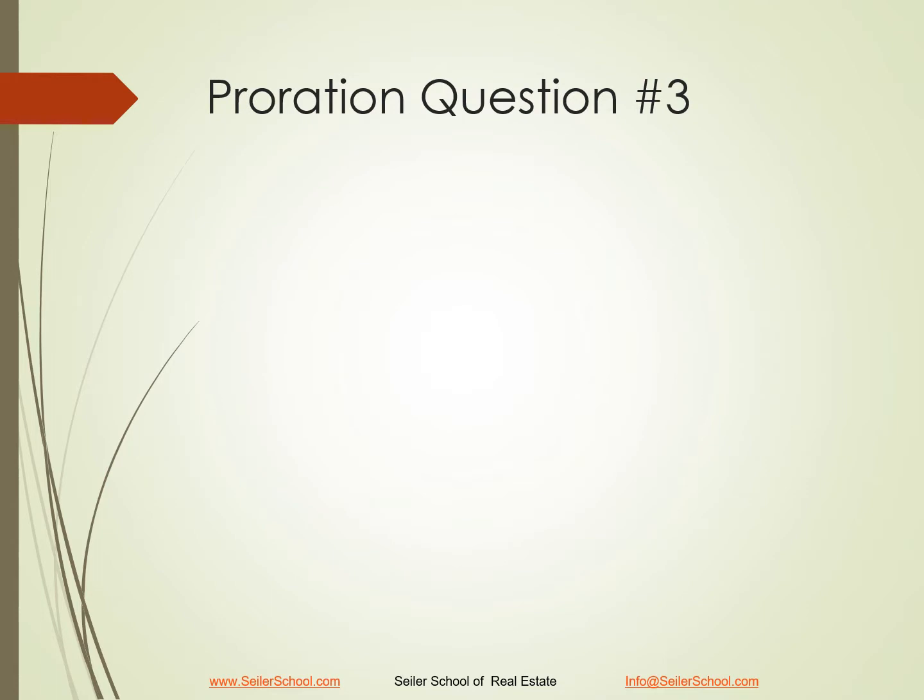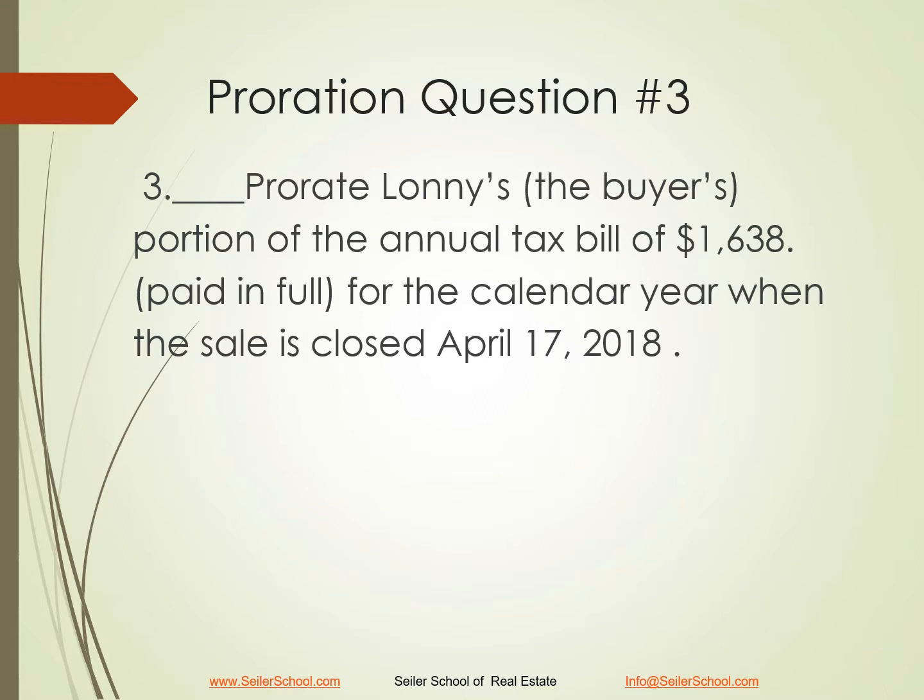Proration question number 3. Prorate Lonnie's, the buyer's, portion of the annual tax bill of $1,638, which has been paid in full for the calendar year. Remember, calendar year begins January 1st and ends December 31st of each year, if the sale is closed on April 17th, 2018. Now remember, we're looking for Lonnie's portion, the buyer's portion. Our possible choices: